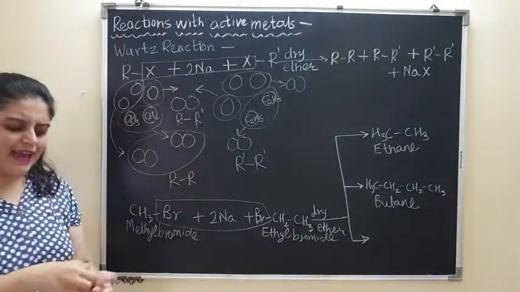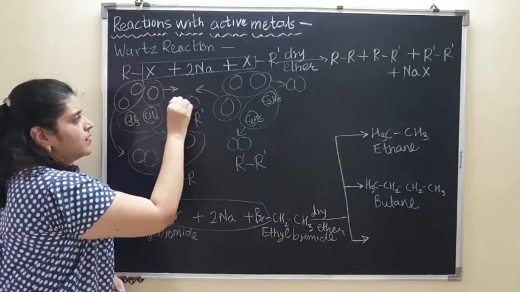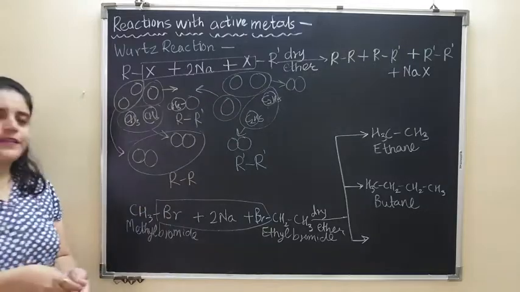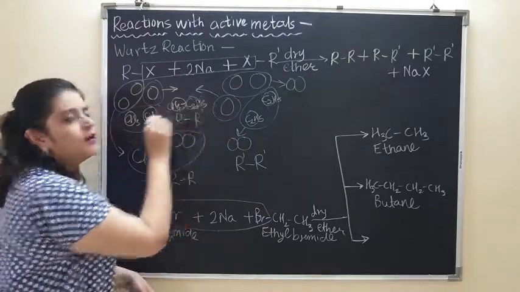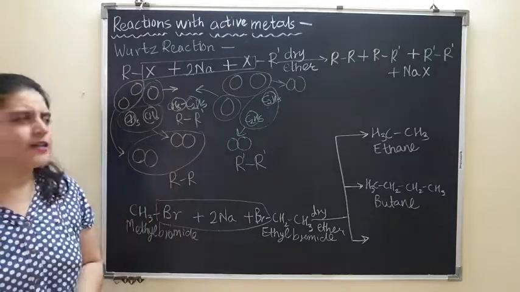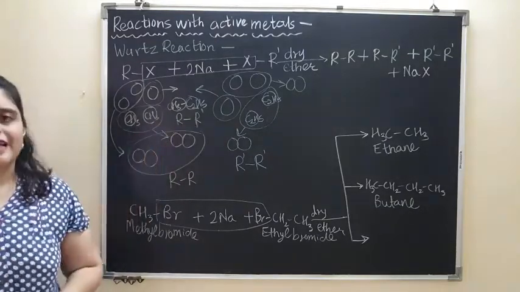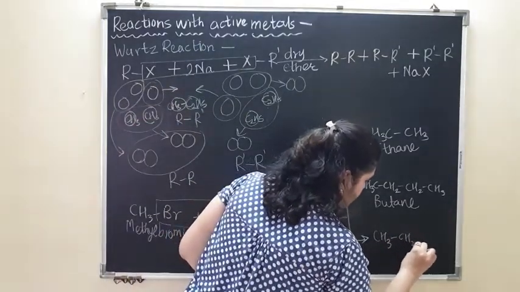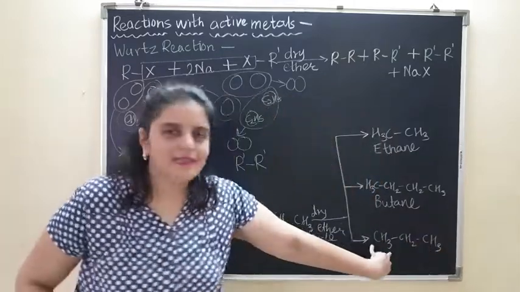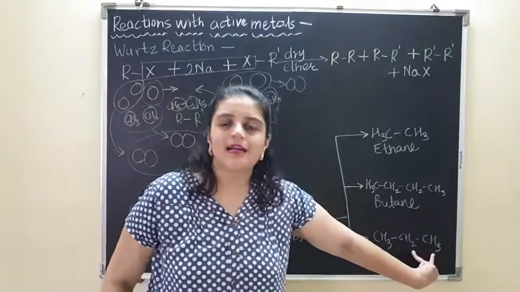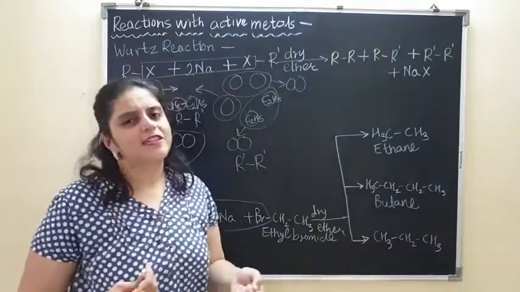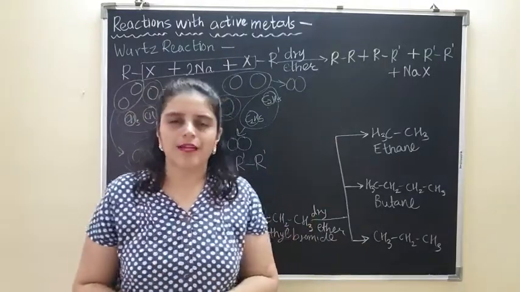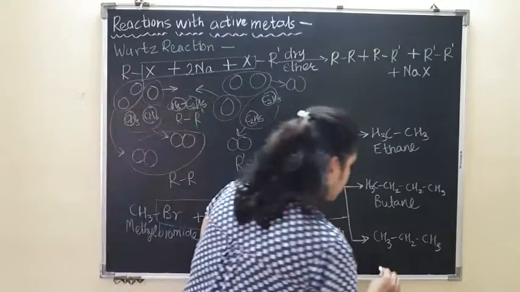And it is exactly like this, where some molecules of CH3 will combine with the molecules of C2H5 to form R dash type product. So CH3, CH2, CH3 बनेगा. This is the ethyl group, which is nothing but C2H5. So when you take one CH3 and combine it with C2H5, you get the formation of propane.